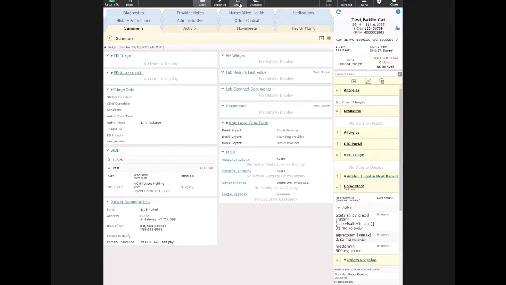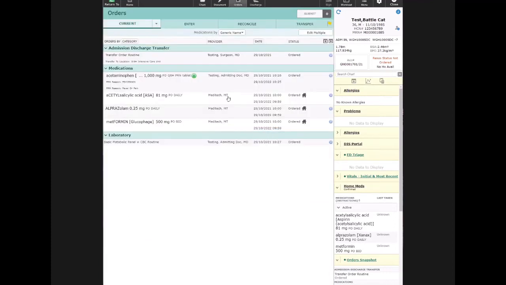Thank you, surgeon. So at this point, I am in the patient's chart. I am the anesthetist. I'm going to click on orders, and I'm going to be prompted to decide whether I want to go into the transfer orders, which would be the orders that are initiated when the patient moves to the ward, or just the current orders. I'll click on current orders, and I'm going to go to enter,